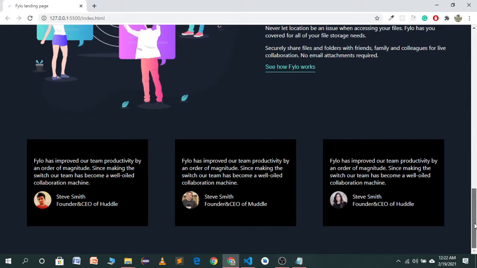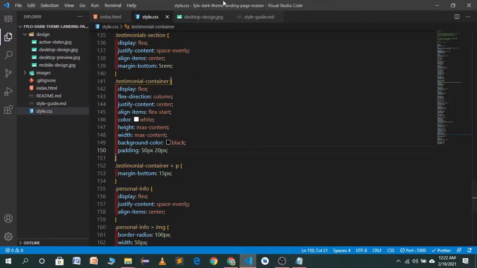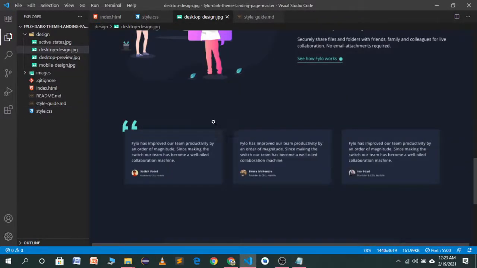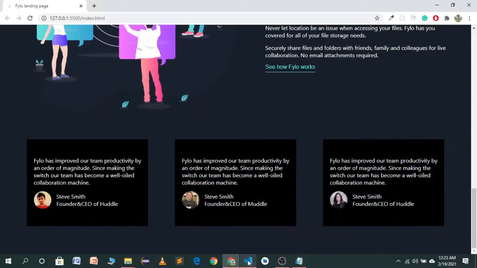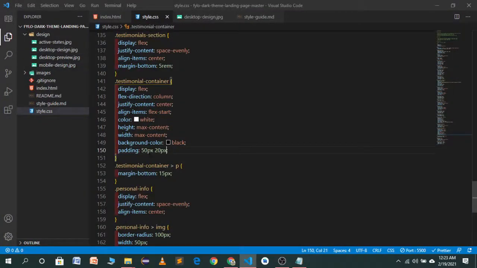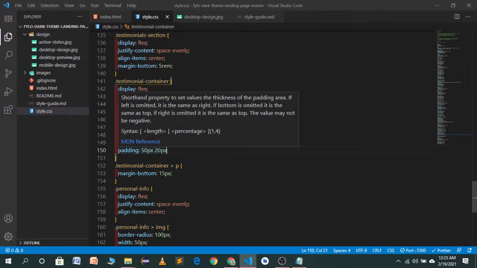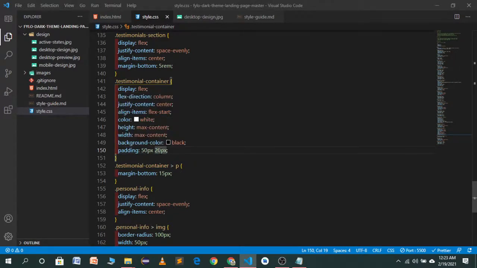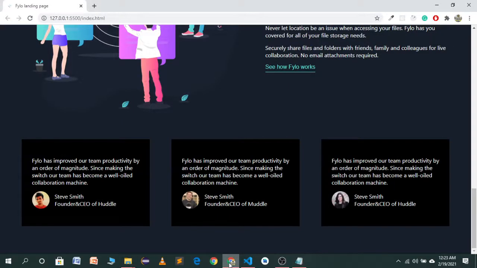As you will see, it's looking okay, but we want more padding from left and right. So from left and right, give it a padding of maybe, let's try 30 pixel. How does it look? Now it's looking great.